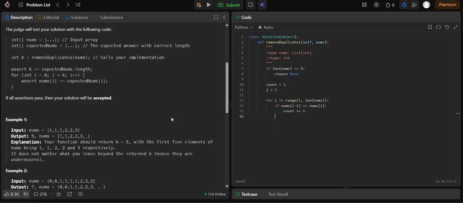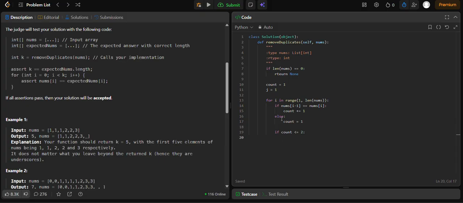But what if there was a 2 right here, or a 3? What will we do? Okay, let's say else we say count still equal to 1, count still equal to 1. And now this is one of the tricks. So if count is inferior or equal to 2, because the number cannot appear more than 2 times,